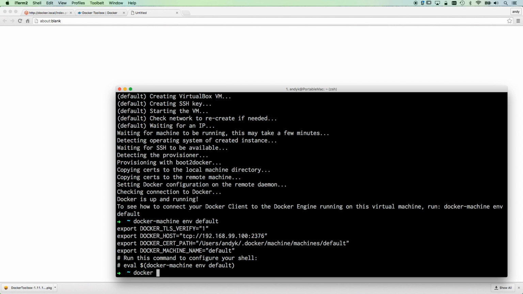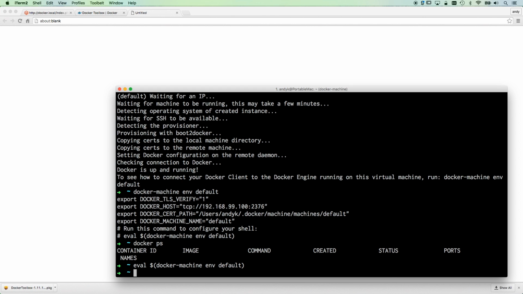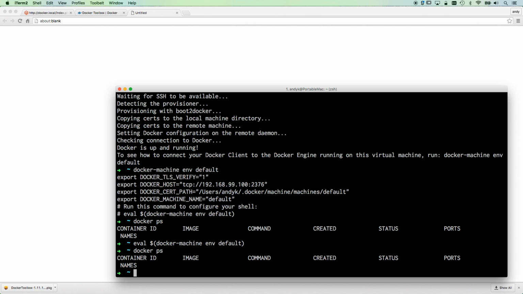So let's try if Docker is working. In this case, yes, but if that's not the case for you, you can just copy the last line and then execute it again, and then Docker should be connected to your machine. Okay,